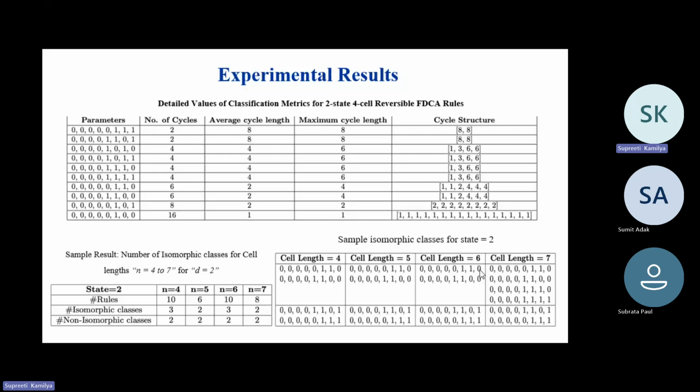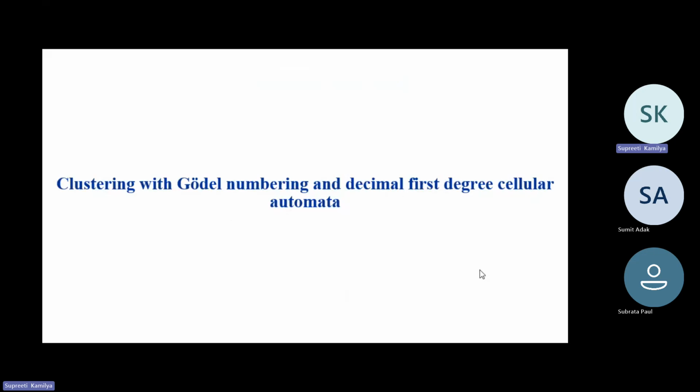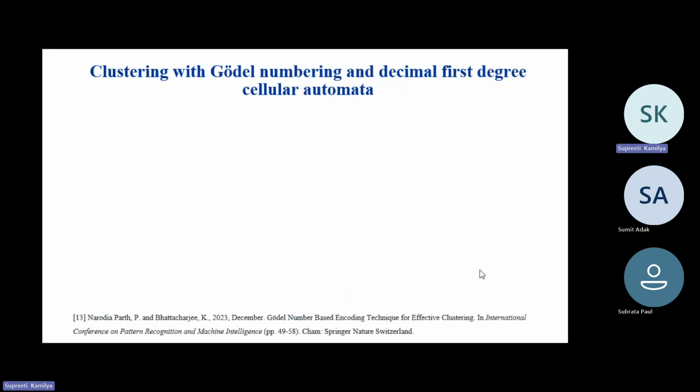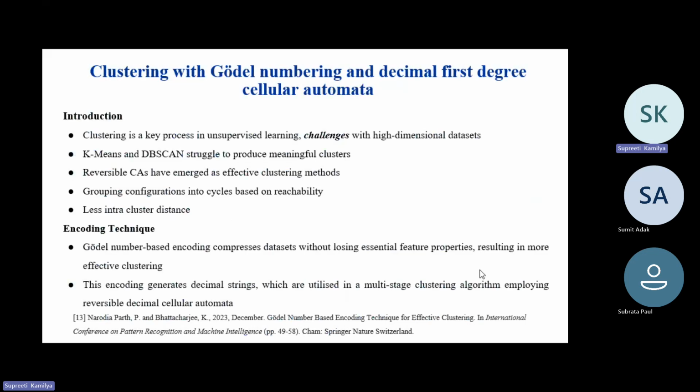Our next work is clustering with Gödel number and decimal first degree cellular automata. We know that clustering is a key process of unsupervised learning. There is a challenge for high dimensional data sets. Mostly K-means and DBSCAN can struggle to produce meaningful clusters. So our motivation is to